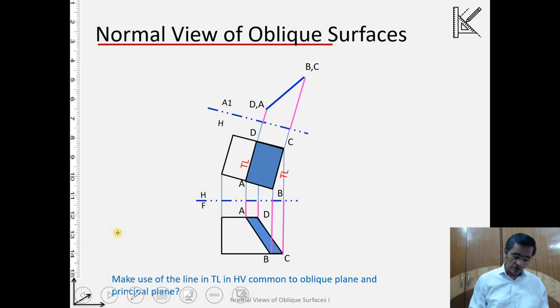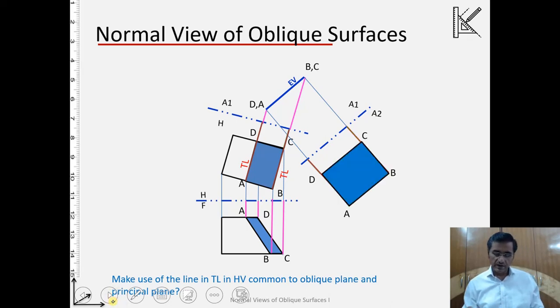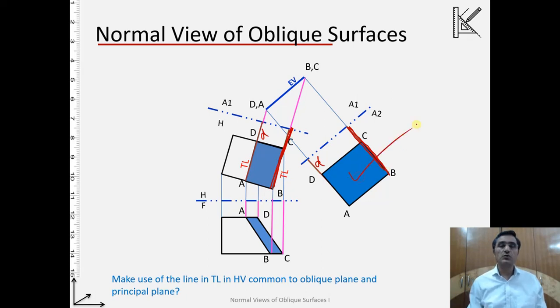So let us draw a hinge line here. That's the hinge line, and using the hinge line, again by measuring the distances from A1, taking the projectors from A2, we will be able to create the true view of the plane ABCD. Again over here, you know that this is D, it is being applied here, and this total distance from the hinge line to B, it is being applied here from the hinge line to B. That is how the distances are being applied. So we get the true view of the given surface.